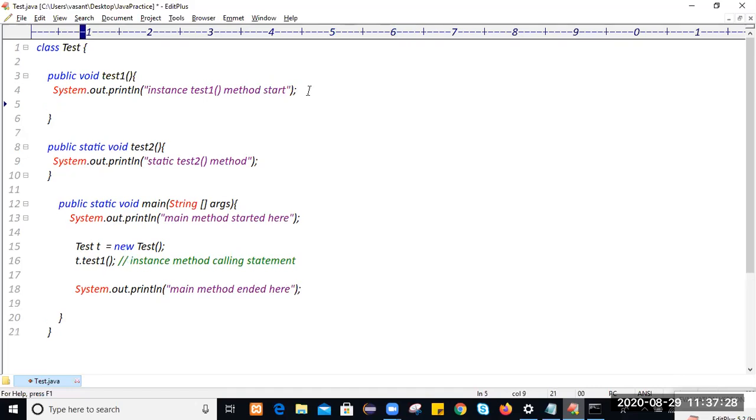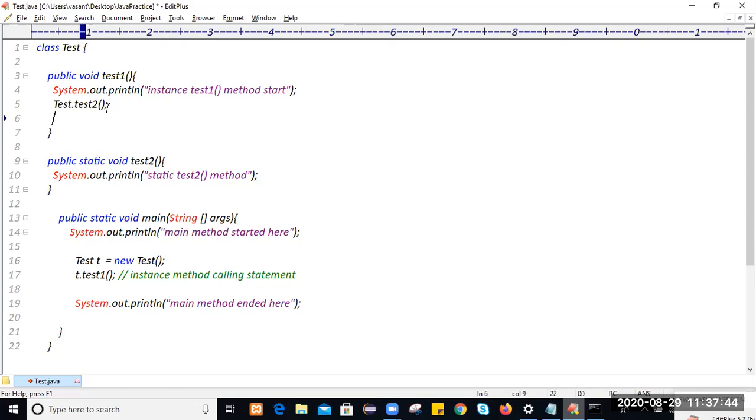From this instance method, you can call this static method in three ways. What are those three ways? You can call directly with the class name. What is the class name? Test dot. What is the method name? Test2. The static method we are calling, as well as we can call this static method directly with the method name,